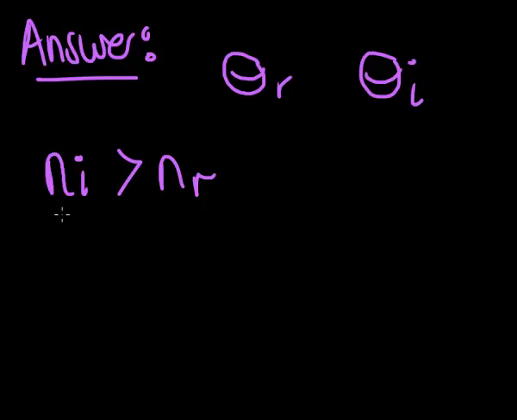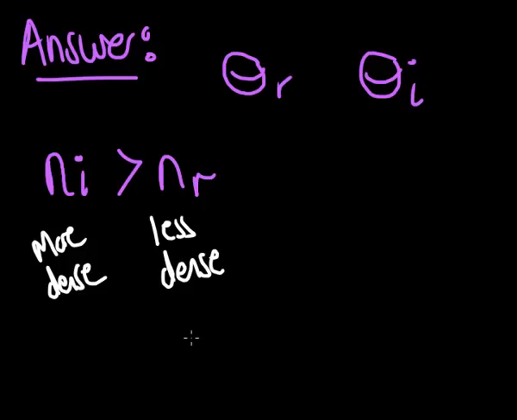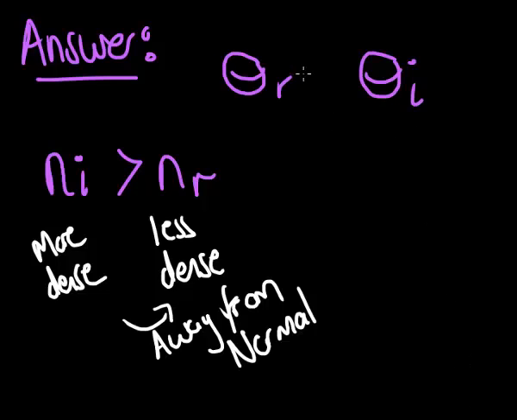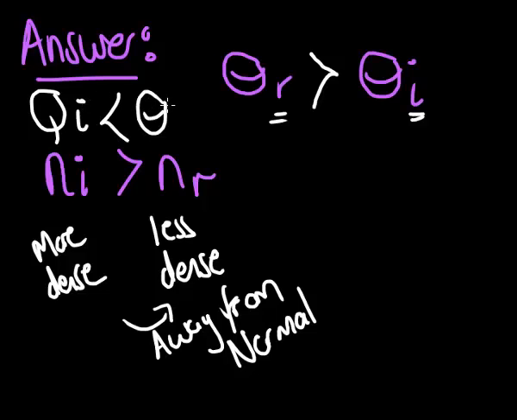Now, if we have this scenario, it means that we will start off here with a more dense medium and end up going to a less dense medium. And then my light ray will bend towards the normal. Oh, no, I'm wrong. Then my light ray will bend away from the normal. And if it bends away, then it means my angle of refraction is greater than my angle of incidence. So you can also remember now, the angle of incidence is smaller than our angle of refraction when we go from a more dense to a less dense